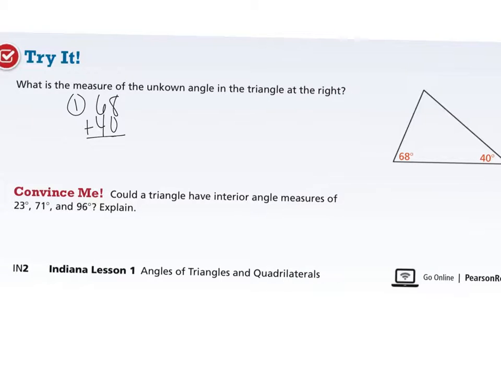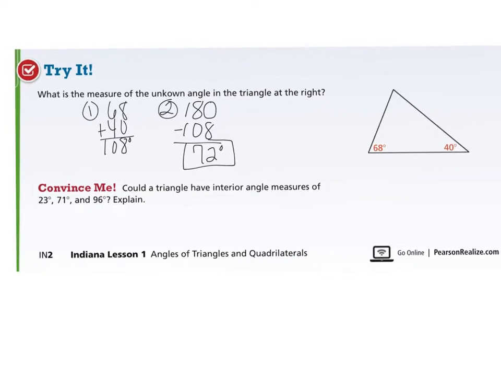So when we add those together, we get 108 degrees, which means we have 108 degrees used up. And again, we know we have 180 degrees total in our triangle. So we'll take 180 minus 108, which is 72 degrees. Good. So 72 degrees would be our missing angle there. A way to check this, we could just make sure when we add those angles, they should add up to 180